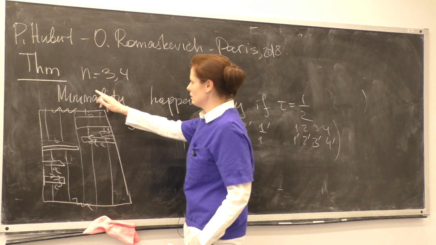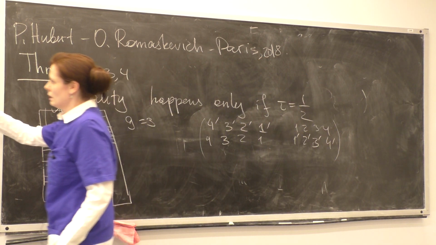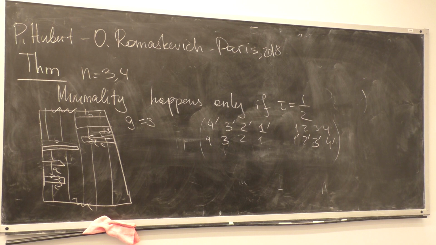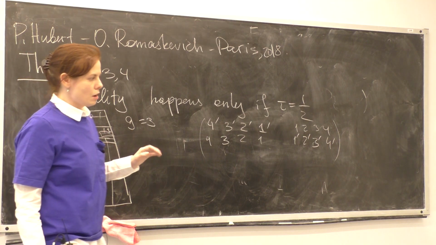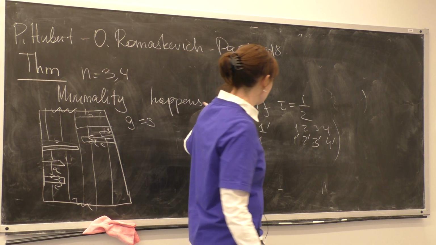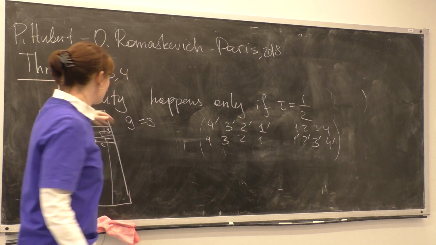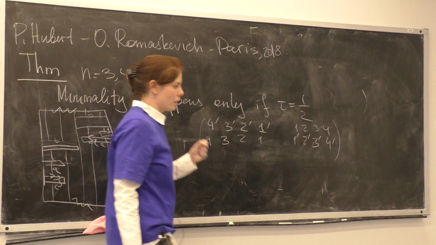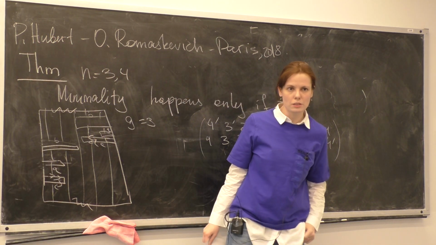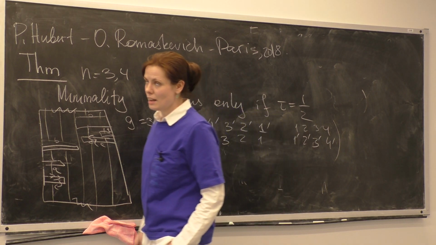So we start with fully flipped CETs on 4 intervals, and we understood that minimal fully flipped CETs are in one-to-one correspondence with the chaotic regions exactly in case of genus 3 and